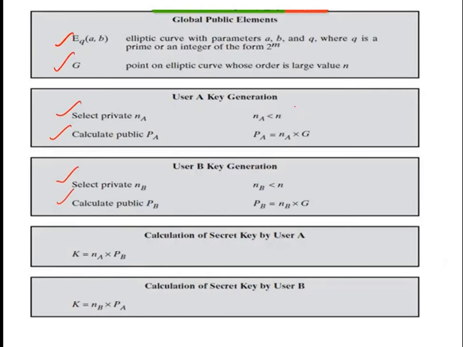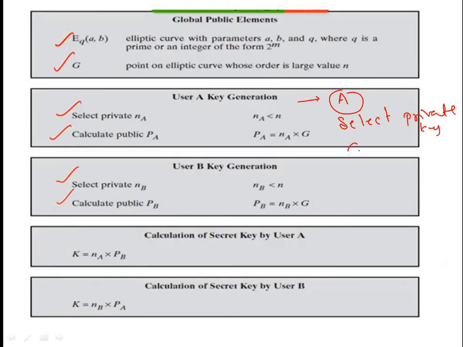So what we have done, we have already seen. You can see here this is the elliptical curve where q is the prime number, and a and b are the two parameters. q may be a prime number, or you may take it as an integer of the form 2 to the power m, which we call GF. Already we have studied that. Okay, next. The first step, at user A or the sender A: what we need to do? We need to select the private key.